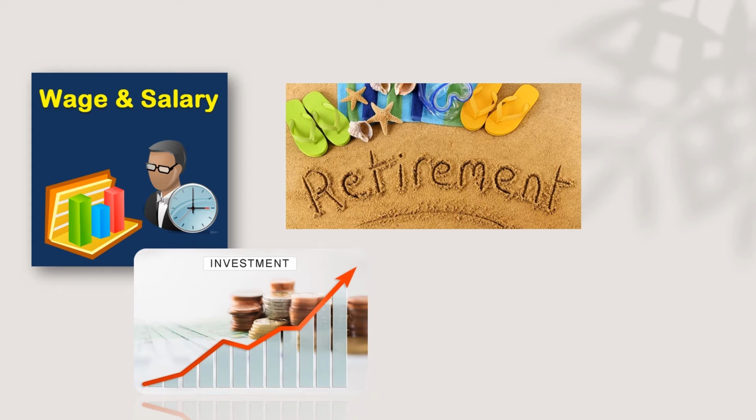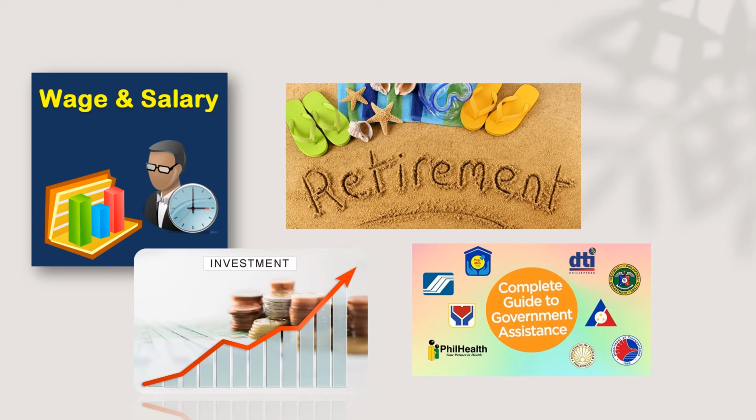And another source of income is, of course, government assistance. We are so glad that our government is helping us. A family can qualify for government assistance if they fall under a certain line. It means that the income of the family is too small to meet the basic needs. So there are criteria by which a family could have government assistance. One criterion is that they belong to the poorest of the poor, meaning they are not able to supply their basic needs.